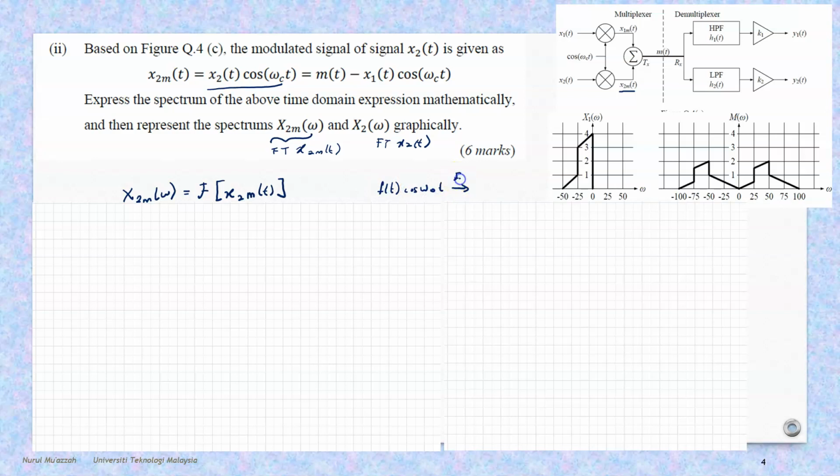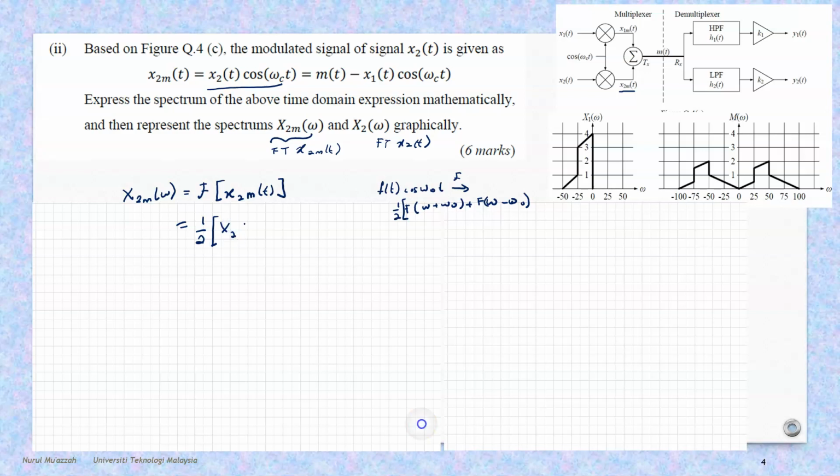When we Fourier transform this signal, we will get 1 over 2 F of omega plus omega naught, plus F of omega minus omega naught. In this case, omega naught here is omega c, and we just use this equation. So the Fourier transform of X2 t will be, because this is modulated with cosine, 1 over 2